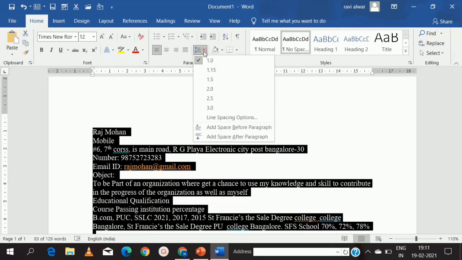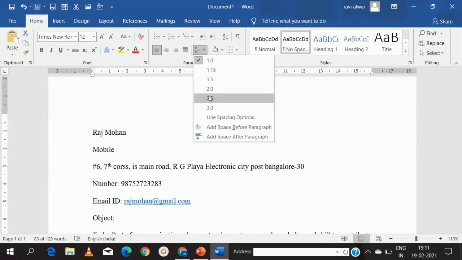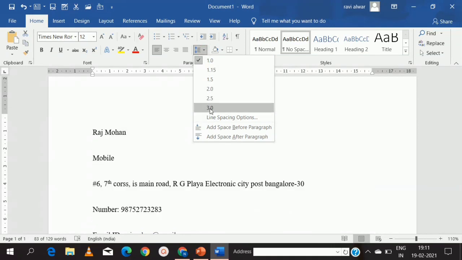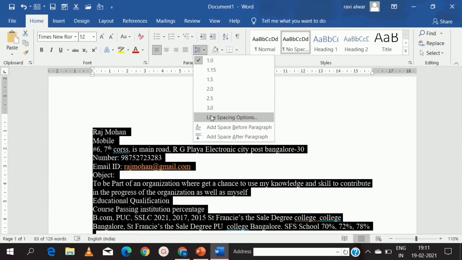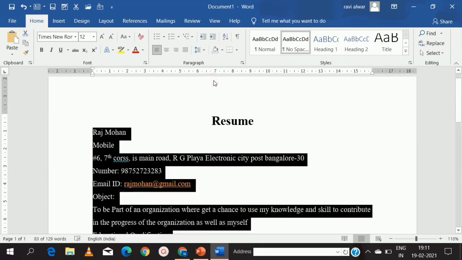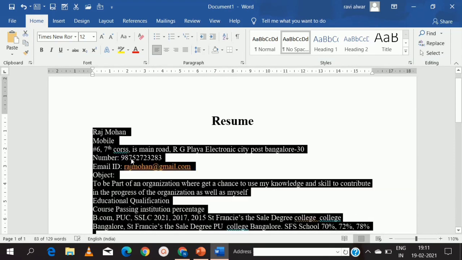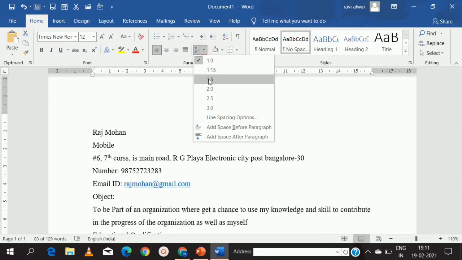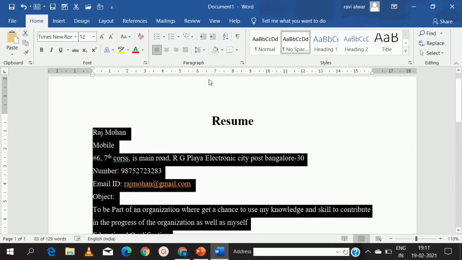You can choose the space. Can you see the difference? I can choose the space I want, so I am going to keep it as 1.5. Now when I give the spacing, you can see the difference.